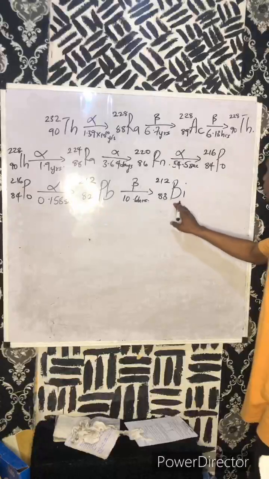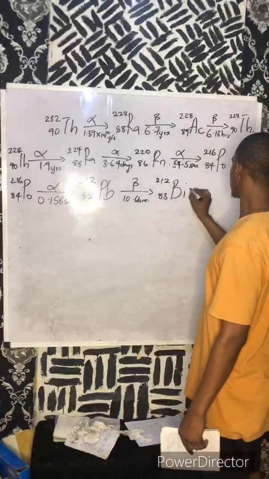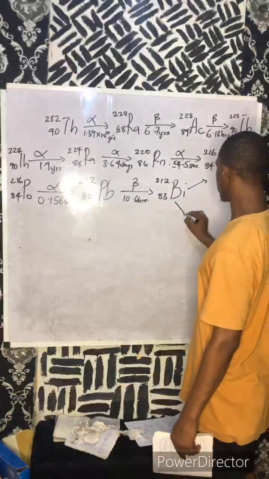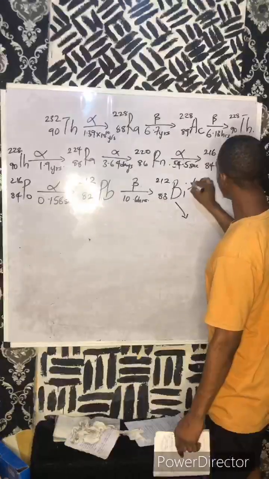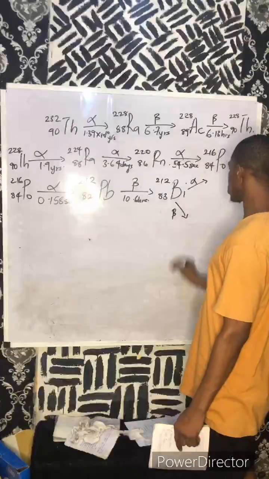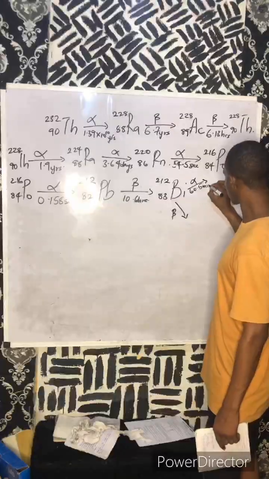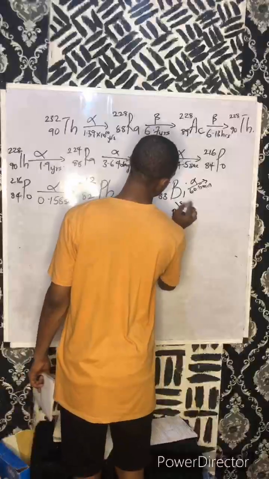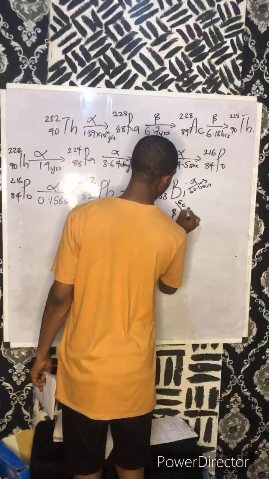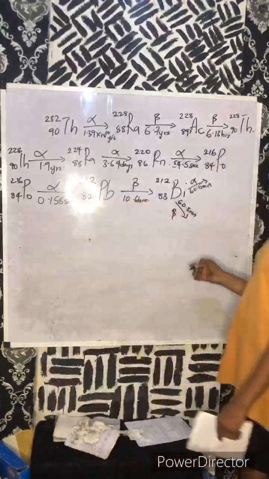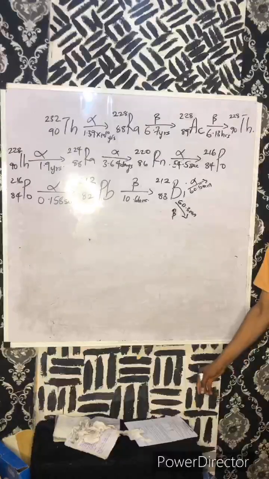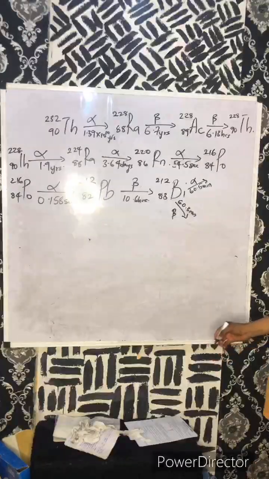So from here now, this is where the magic happens. From here, you have one going up and you have one coming down. This one undergoes alpha, this one undergoes beta. This happens for 60.5 minutes, and this one happens for 60.3 minutes. Are you getting it? I hope you are getting it.